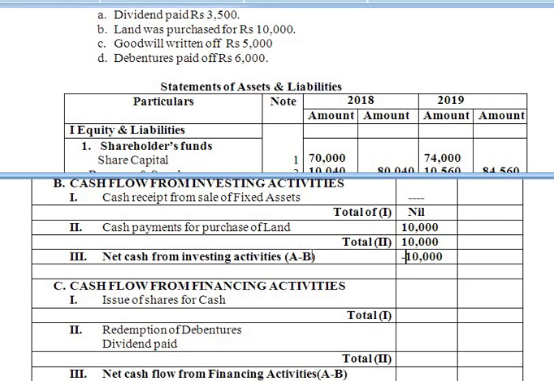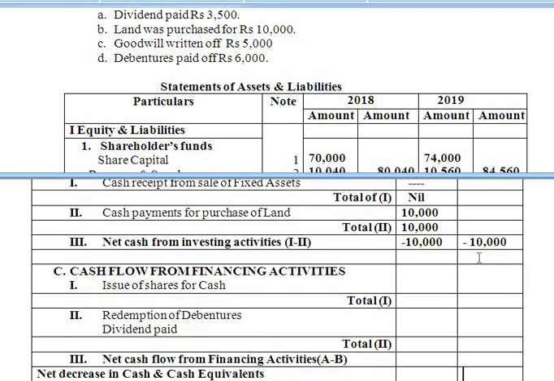A minus B. 1 is 0, 2 is 10,000 payment. So our net cash from investing activities is rupees 10,000. The same amount we have to take in the outer column, minus 10,000. Understood? Why minus 10,000? Because we don't have any receipt from the sale of fixed asset, but we have made the payments for the purchase of land, that is fixed asset.